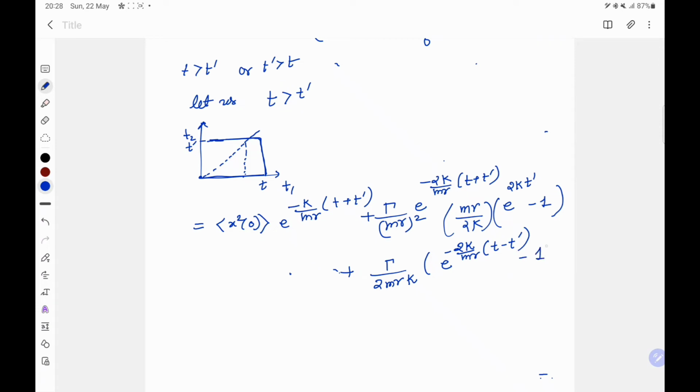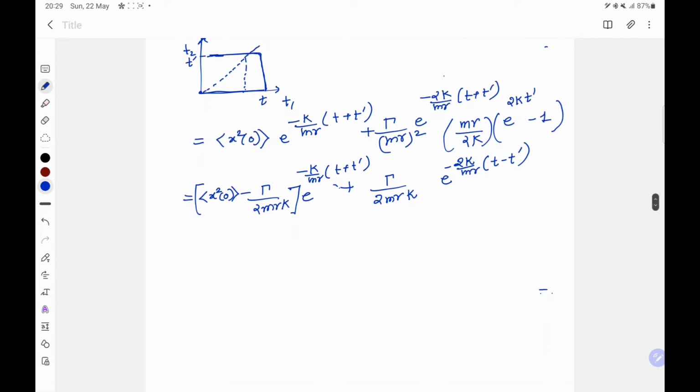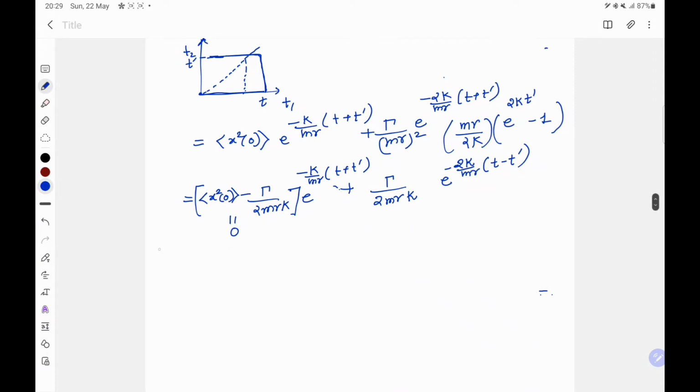Okay, minus 1, so 1 you can take this side and you will have x0 square minus gamma over 2m kappa k and exponential minus kappa over m gamma (t plus t prime). But again, from the fluctuation dissipation theorem, this term will be 0, so we will have x t prime as gamma